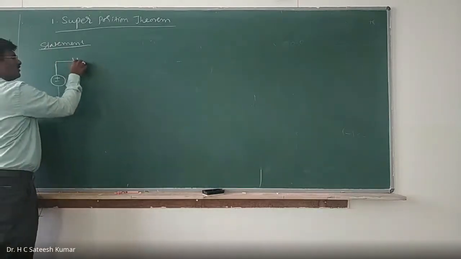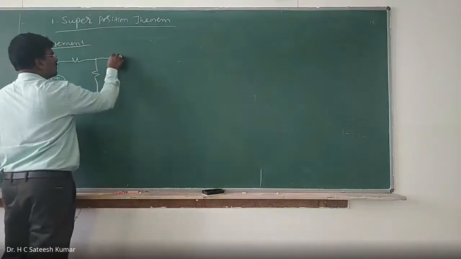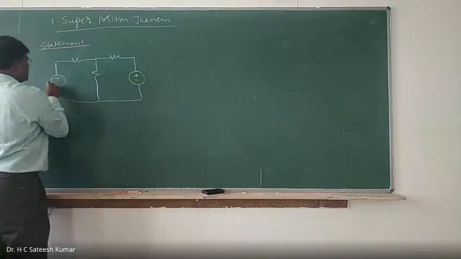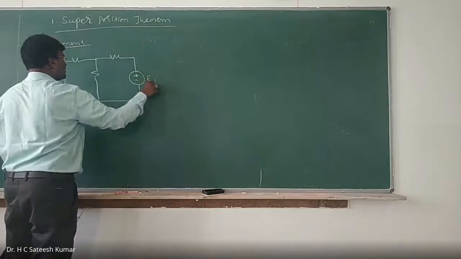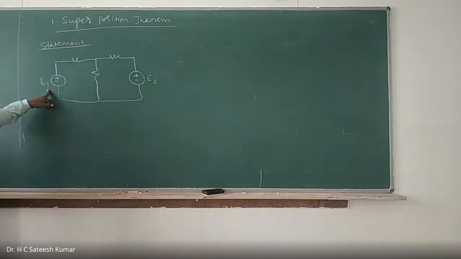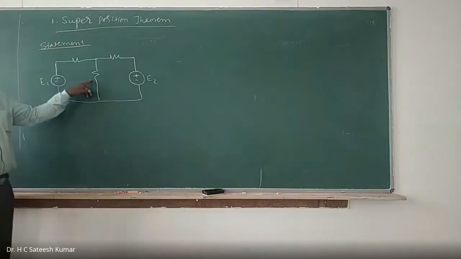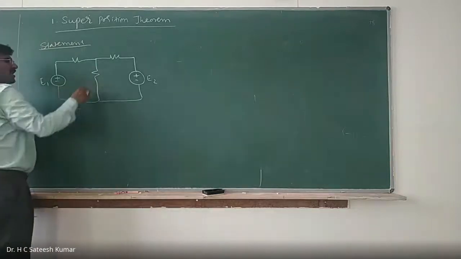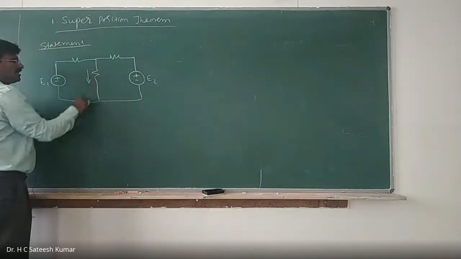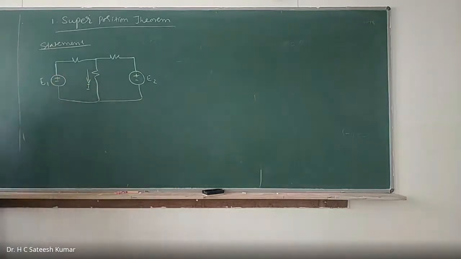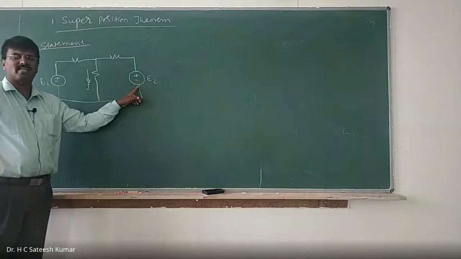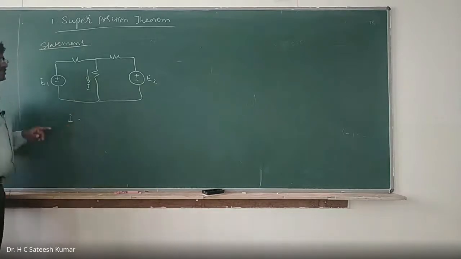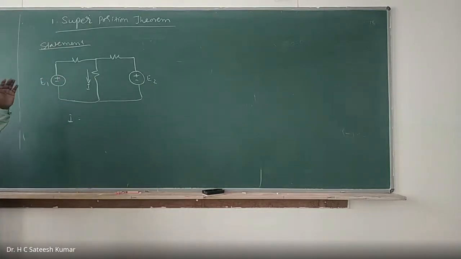Let us say I have one resistor, one more resistor here, one more resistor here, and a voltage source here. Let us say this one is E1, and E2 is there. These are the excitations. Excitations are nothing but voltage source or current source, and response is nothing but voltage or current in any branch. Let us say you take this one, current I. The response in any branch due to a number of sources acting simultaneously, both the sources acting, is equal to the sum of the responses when they are acting individually.